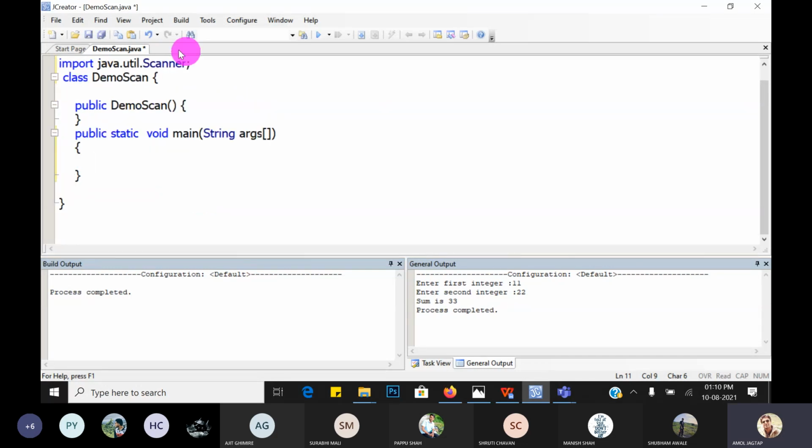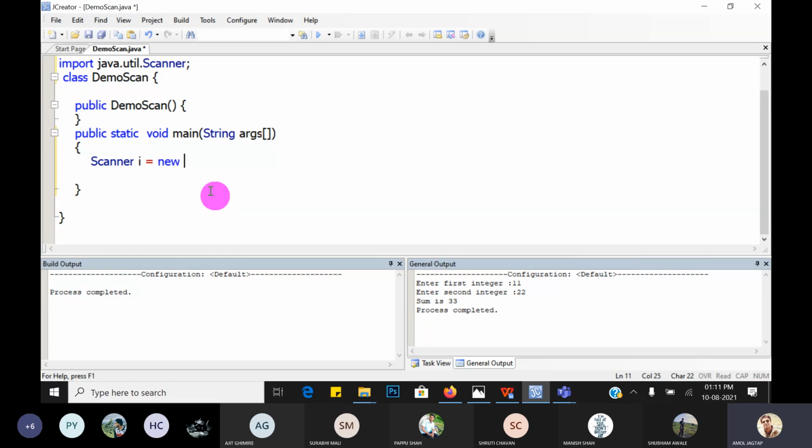Now, guys, first create the object of the scanner class. So how to create the object in Java? Scanner, the name of the class, then give any name for the variable, for example, I. So I is the name of the object of the scanner class.